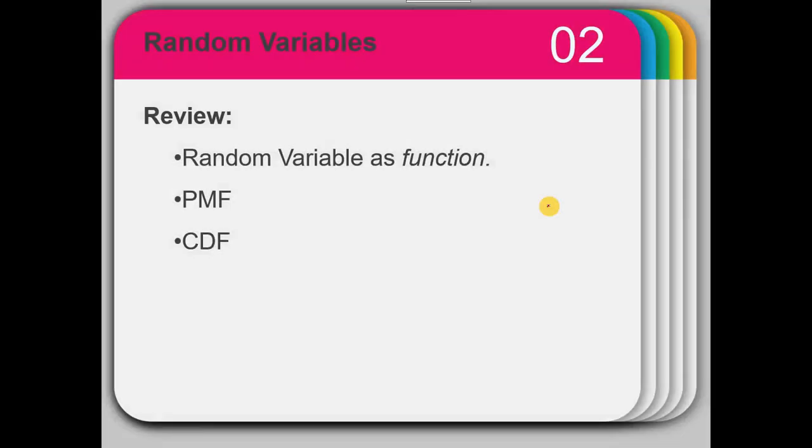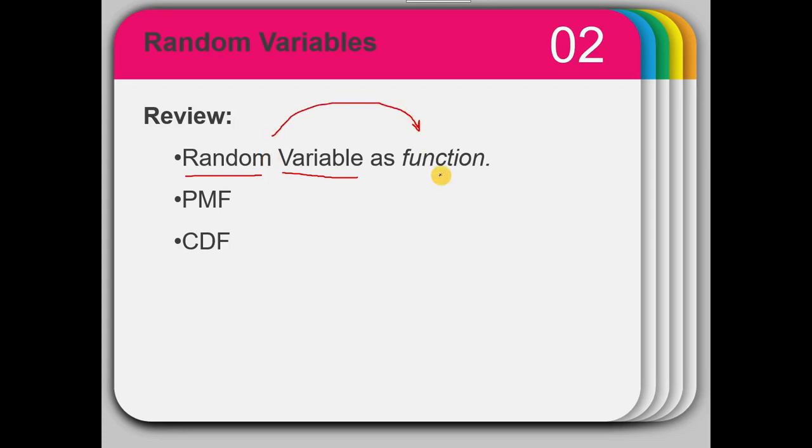Today we will be studying further topics in the second chapter of the book regarding random variables. So in the previous lectures we did have an overview regarding what a random variable is. We discussed some properties of the random variable and we said that a random variable is like a variable that varies, but it varies randomly. So it was defined as a function.